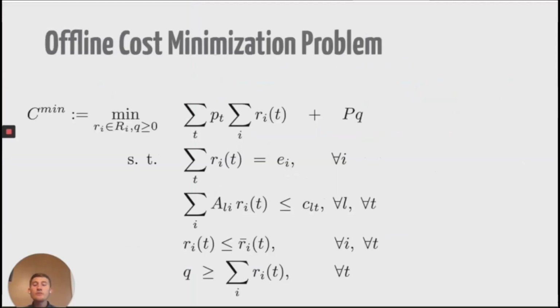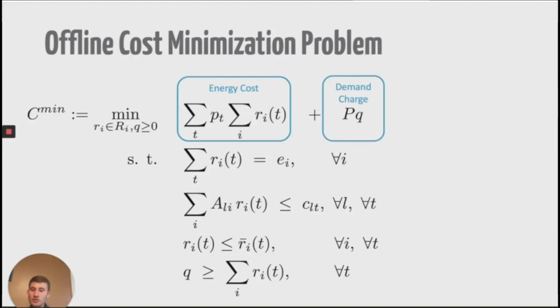And as I mentioned before, we're going to come up with our scheduling based on a minimum cost schedule. And that ensures fairness to the user in terms of how we price them. And so we can phrase that minimum cost schedule or the process of finding it as a convex optimization problem, in particular, a linear program. The objective of this cost minimization problem is to minimize the combination of energy costs and demand charges.